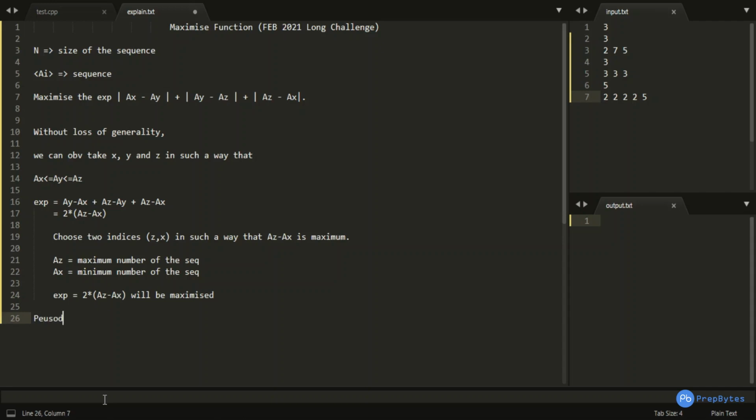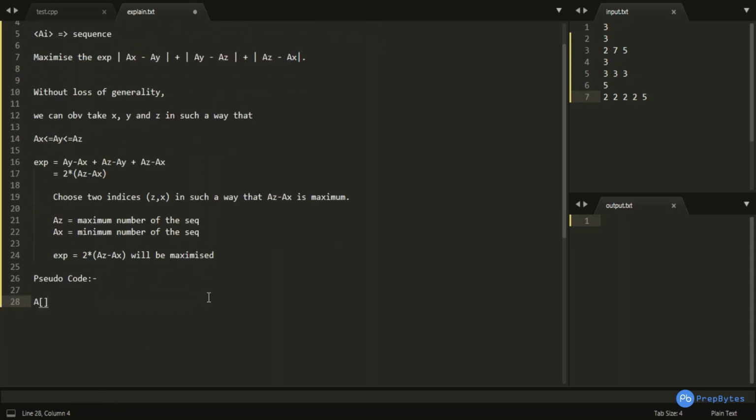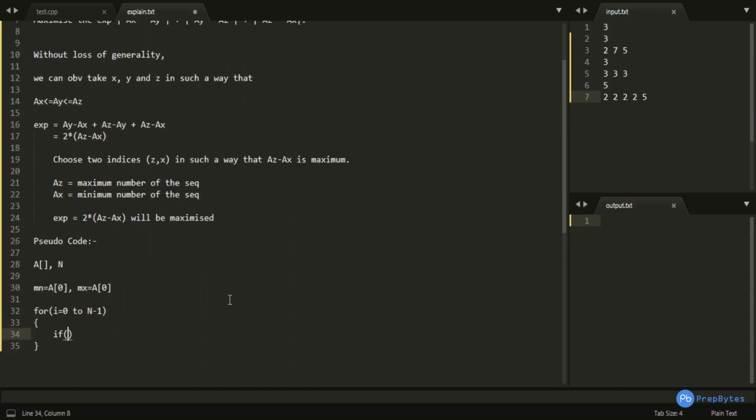So the pseudo code for this one would be, I'm having an array A of size n. I would be defining two variables, mn, which is defined as a0 initially, and mx, which is declared as a0 initially. Now I will loop through the elements of this particular array, and I will have a check if any value in this particular array is greater than mx or not.